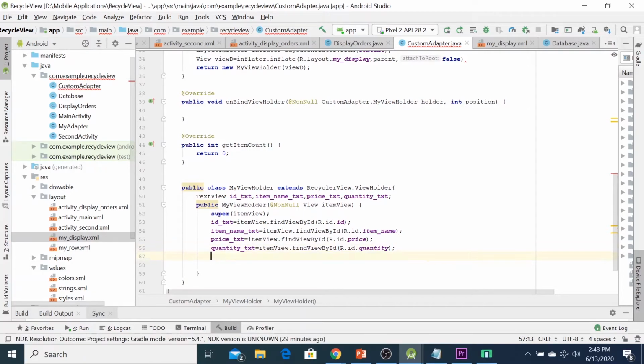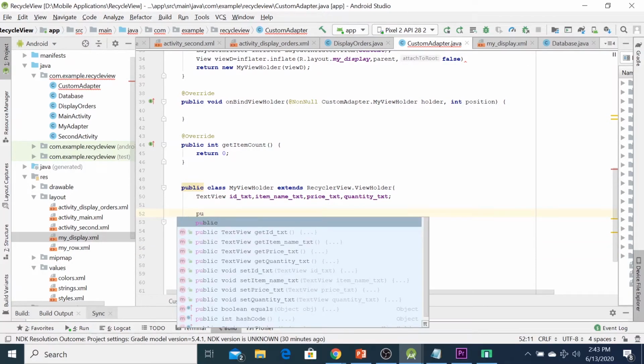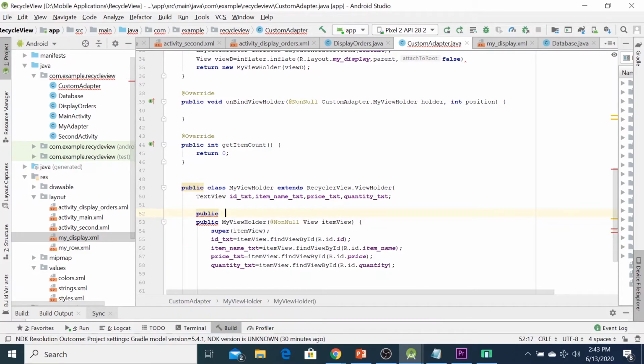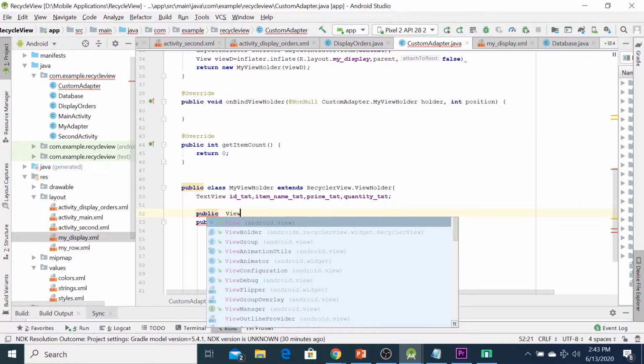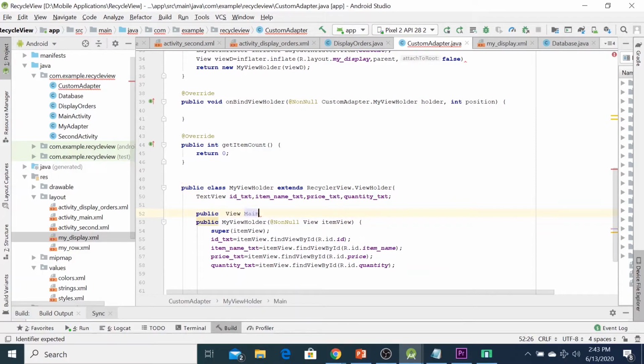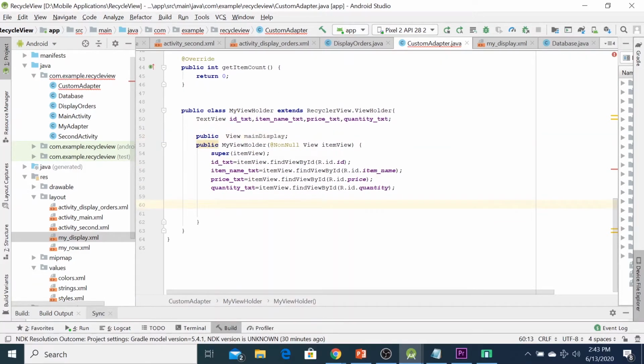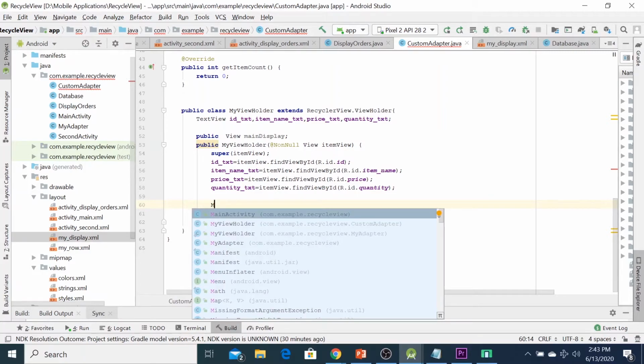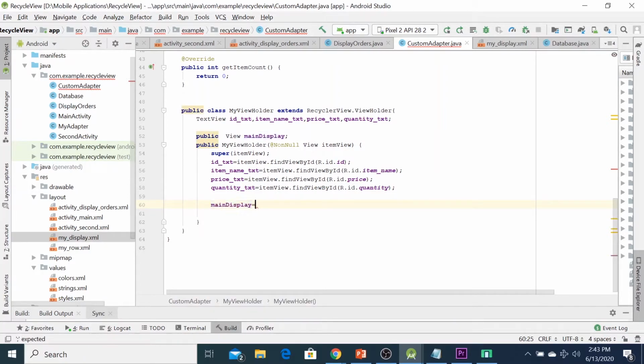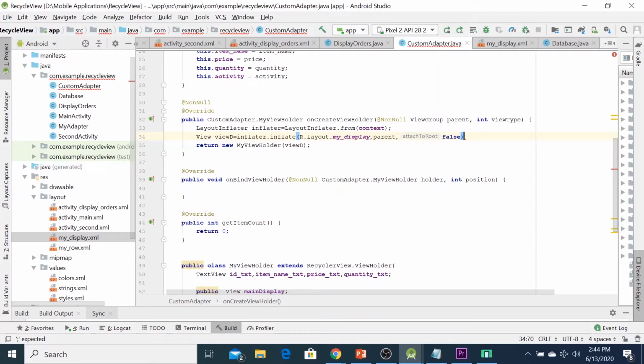Here to declare a public main display, public View main. So here you can declare main display equal to itemView. That's it. Let us check what's the error here, semicolon.